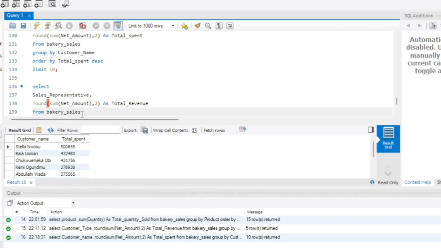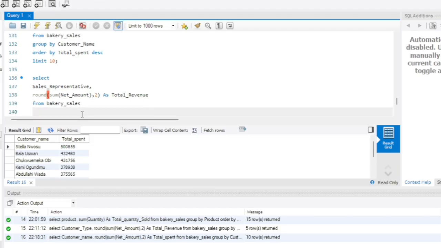We are going to group by our sales representatives. Sales representative. Okay, and then we are going to order by, still going to order by,